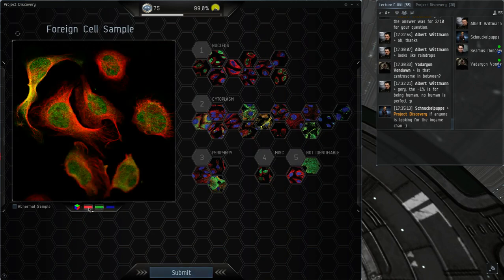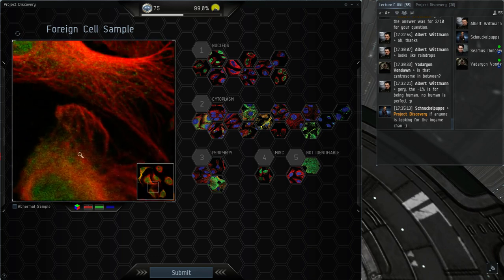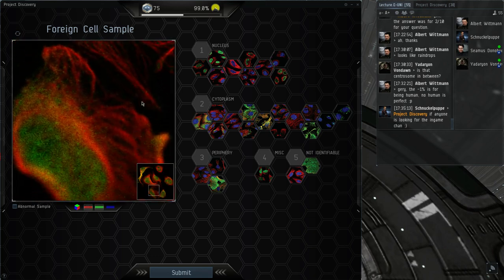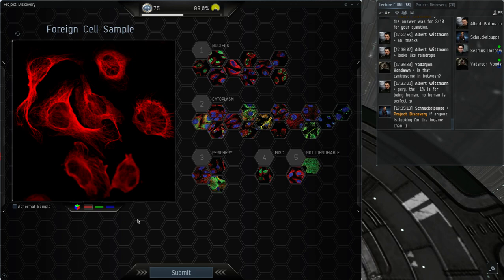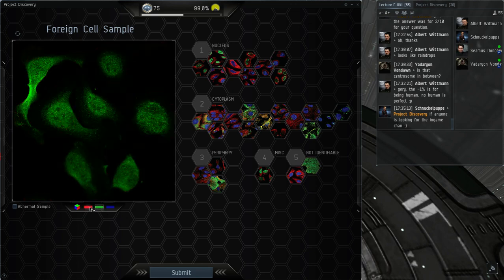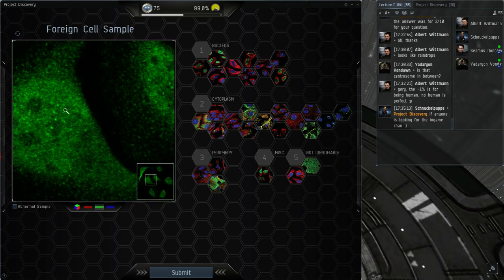Okay, so this is a really old sample. I can tell just by seeing that these cells are really out of focus. So they were probably acquired back in 2010 or something with our old microscope. You can see that the red is really looking bad. We have two nice cells here in the middle.